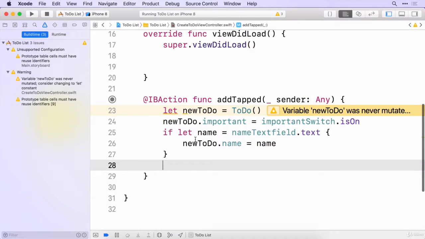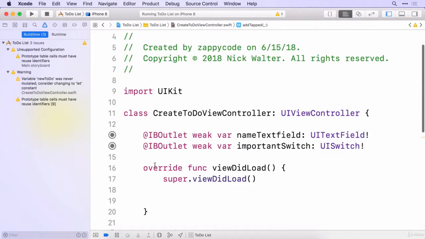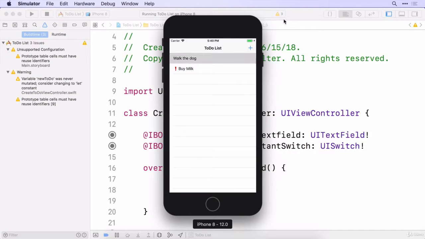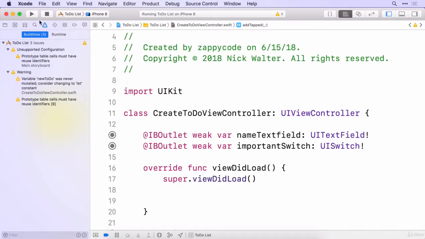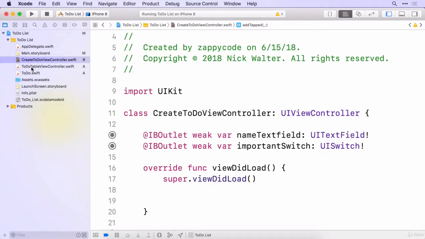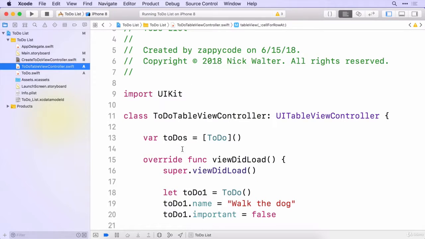And so what we're going to do essentially is, remember before inside of the joke bank, whenever we moved from here to here, we were able to pass forward a piece of information. What we're going to do is every time we move forward into create something new, we're going to sort of leave a little trail on the way back to say, hey, we can still update things on the previous view controller over there. So in order to do that, we need to go back to our to-do table view controller,